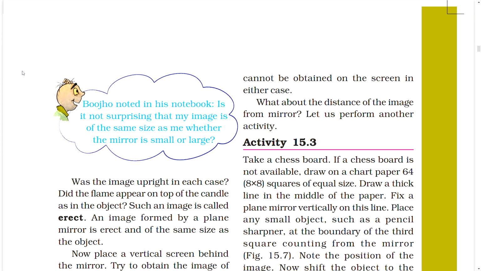Activity 15.3. Do this. Take a chessboard. If a chessboard is not available, draw on a chart paper 64, 8 into 8, squares of equal size. Draw a thick line in the middle of the paper. Fix a plane mirror vertically on this line. Place any small object such as a pencil,